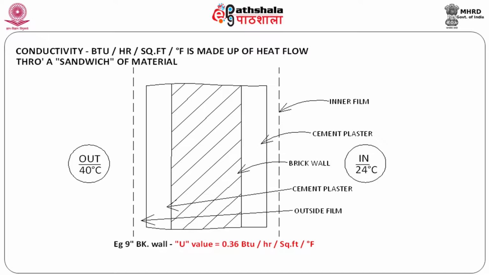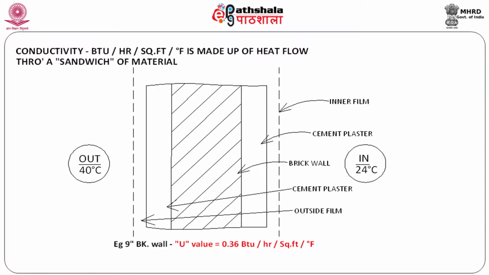Now, this is a generic value of that KATD. It shows a brick wall as a brick wall should be hatched. It shows cement plaster. Now, these are things which one would see. The heat conduction through these elements have different values. Heat flows faster through cement plaster, slower through brick, and apart from it, the thermodynamics man says an outer film and an inner film are always there in any conduction,